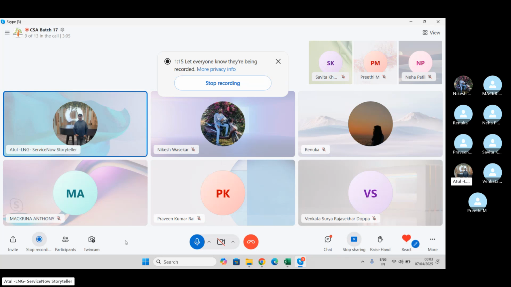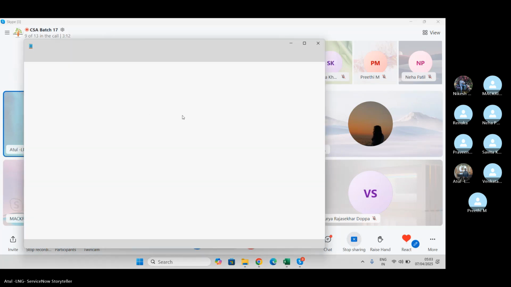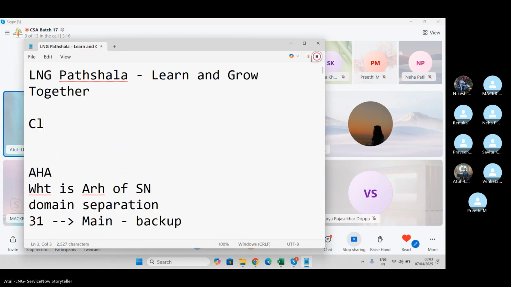Before we go for the upgrade, there are two concepts when we talk about upgrade. Whenever we talk about the upgrade, we talk about the clone as well. Okay. Clone is something